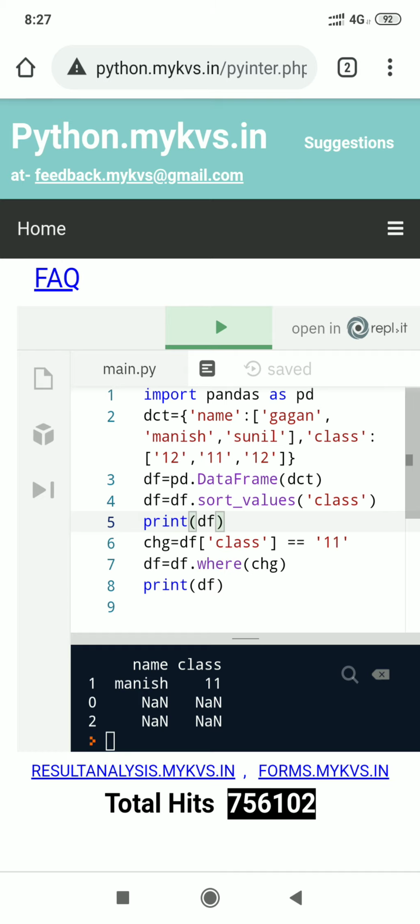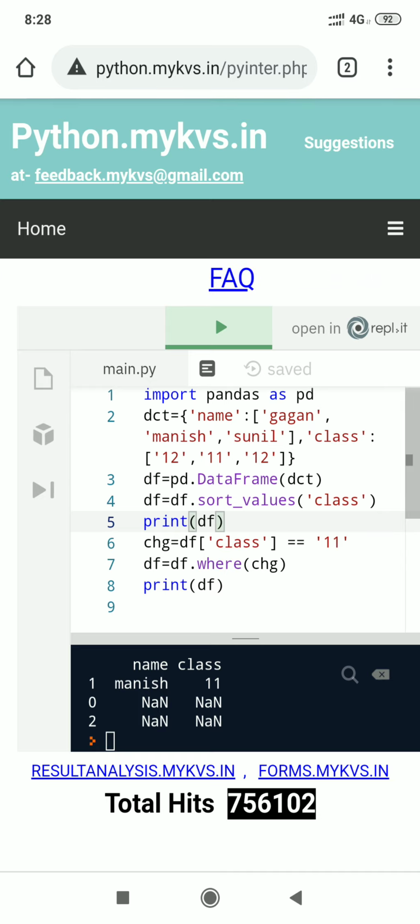Here we are using the next method, df.where, which means inside the data frame the condition is where, and inside the bracket we mention chg. Here chg means where class equal 11. We cannot directly apply a condition just like an if statement on one value.